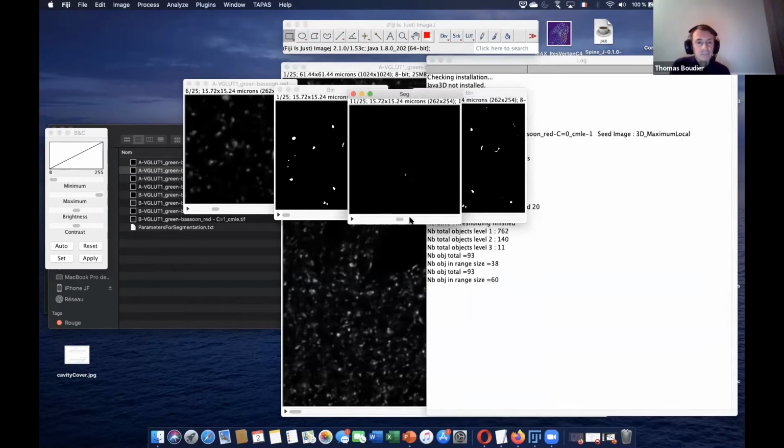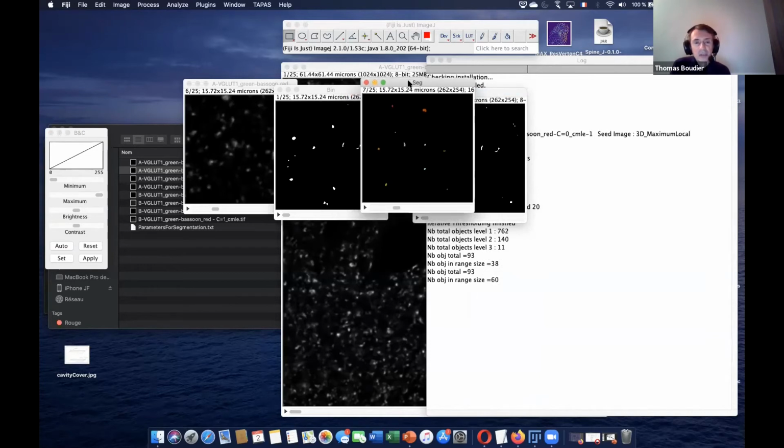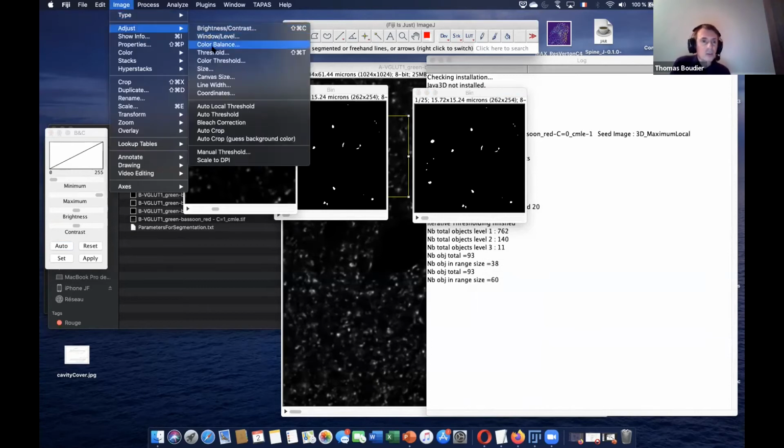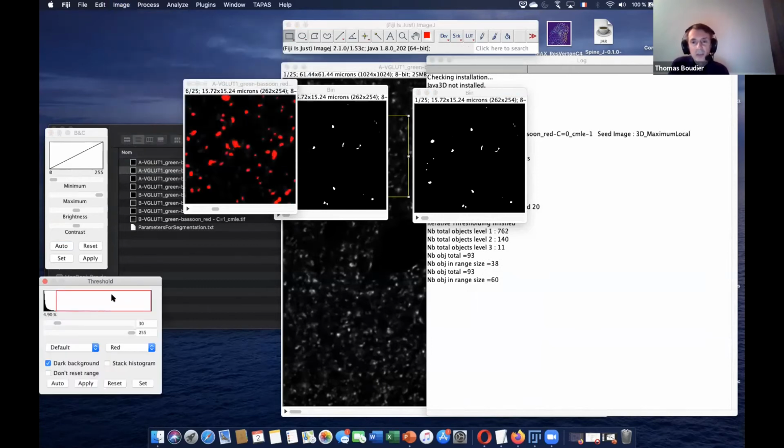Okay, nice. So you see here, we use the same threshold for all the objects. It's not so good for this kind of image, where there are some very bright objects and very faint objects. So we may want a different threshold for each object. This is why we use spot segmentation or iterative thresholding, where each object is detected.